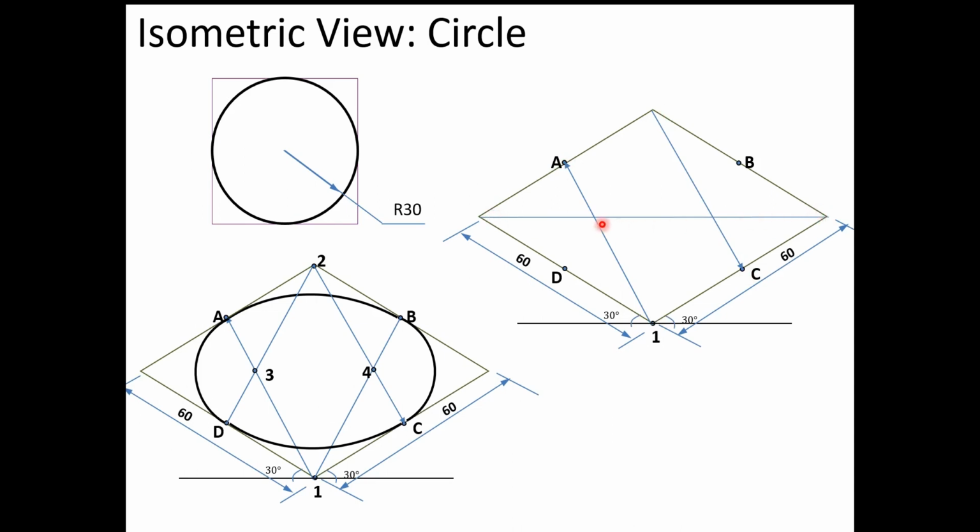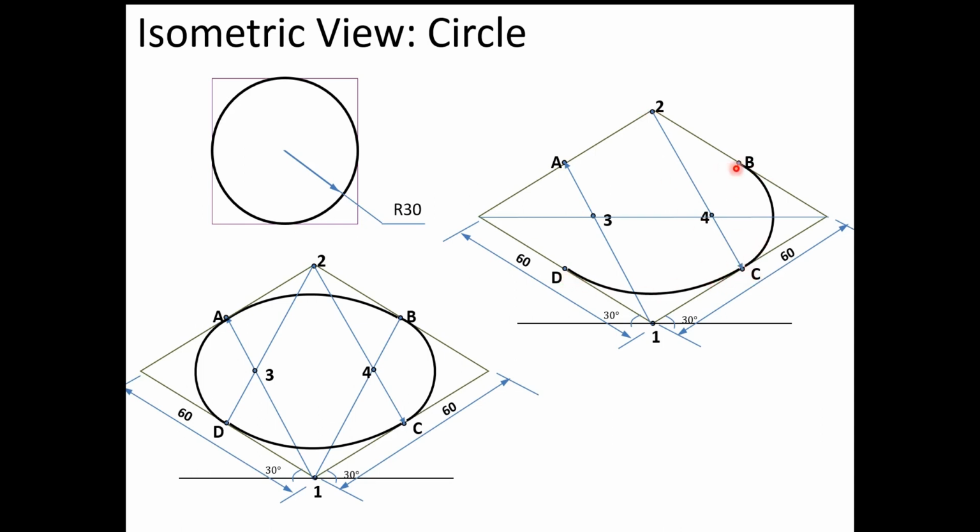Now here also we are getting the 4 points, 1, 3, 2, 4. So we get the same center here. Whenever we draw the horizontal line, or the major diagonal of this rhombus, it will always pass through 3 and 4. So here also from 4, at the distance B to C, draw the arc. Again 2 to C as a distance, 2 as a center, draw the C to D arc.